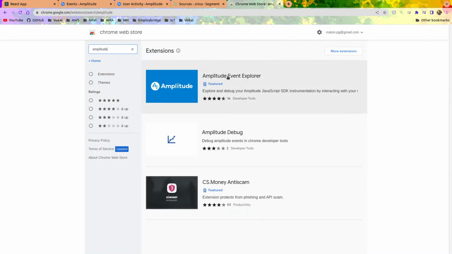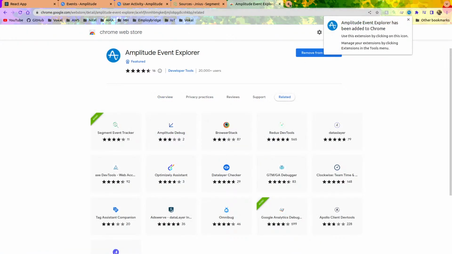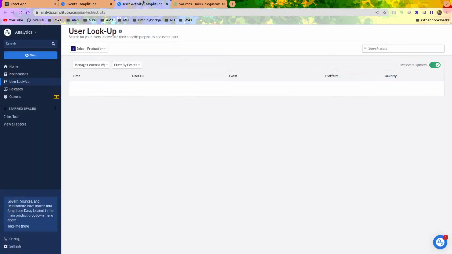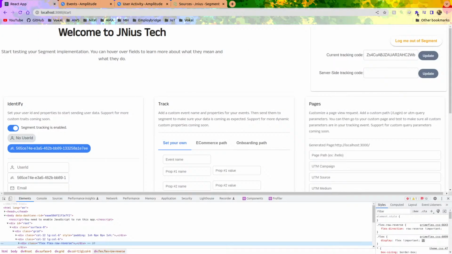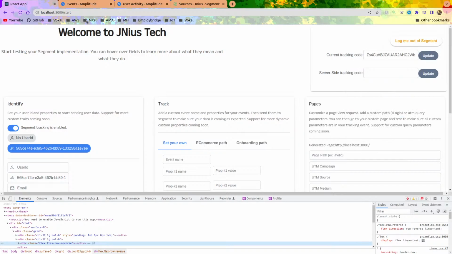Now, if you come to here, there's this. This thing is insane. It basically tells you the events without having to come here. So we come here, I'm gonna pin it here. Now let me refresh this. I don't know if this is gonna work. If we click log out,